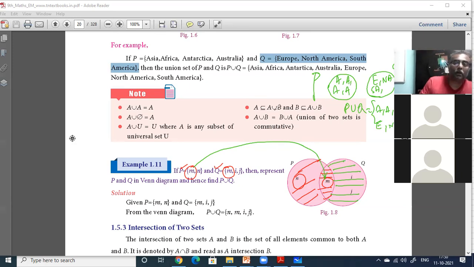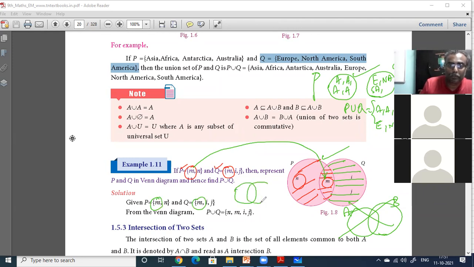So you now know how to draw the Venn diagram. First find out if they are disjoint sets or overlapping sets. If they are disjoint sets, draw like this. Only if they are overlapping sets, draw like this. Don't just immediately draw something and then see; that is wrong. When reading the set elements itself, first find out if there is a common element. Then draw like this and put the common element here. If there is more than one common element, put all of them there.